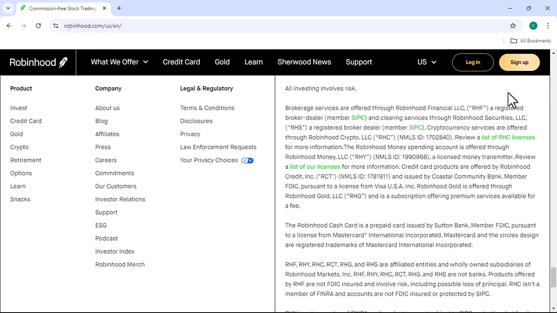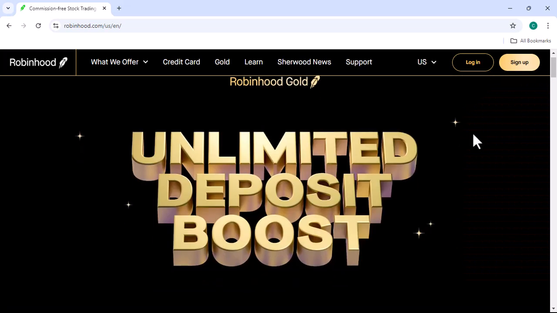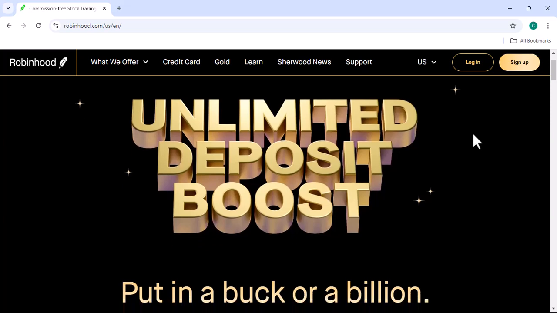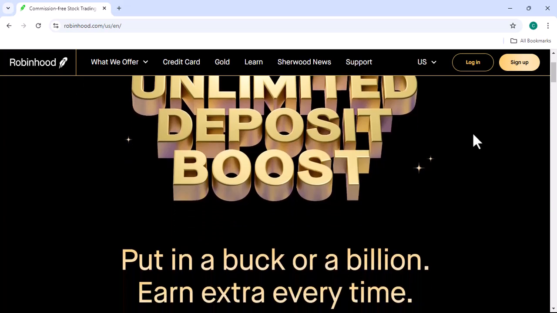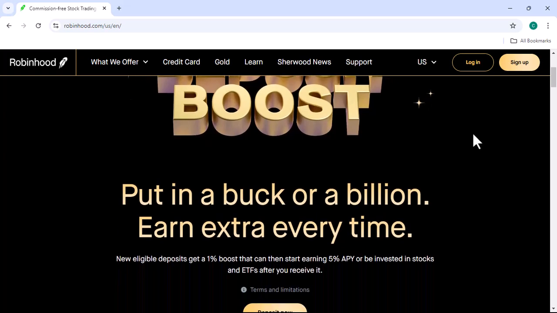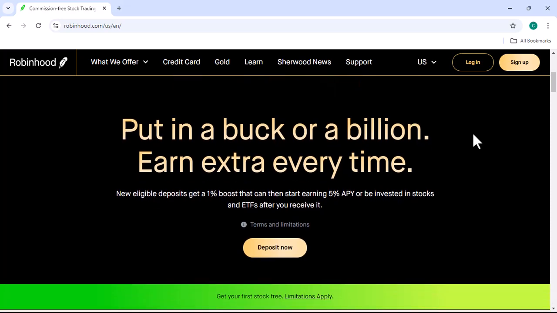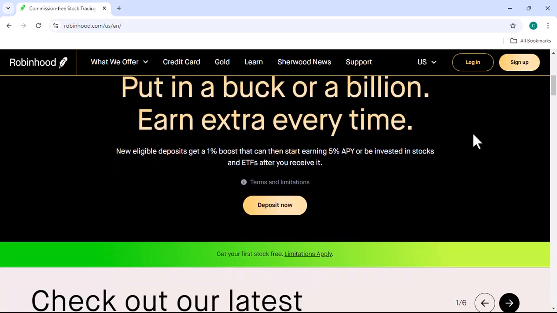Switching to a Robinhood cash account can be a simple and straightforward process. By understanding the basics, checking your eligibility, and following the steps outlined in this video, you can easily make the switch and enjoy the benefits of a safer and more simplified trading experience. Ready to take control of your investments? Switch to a